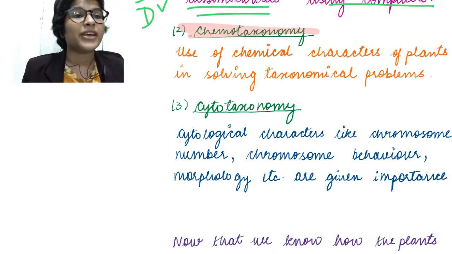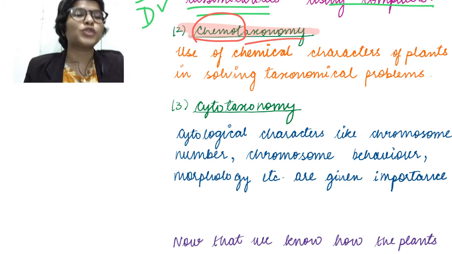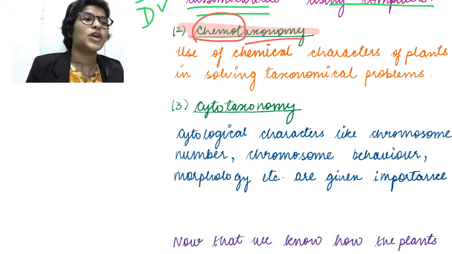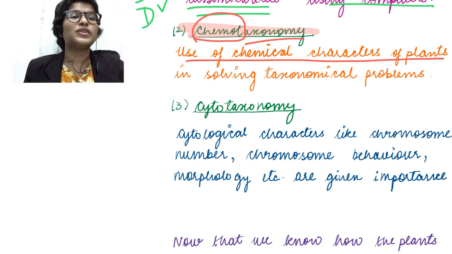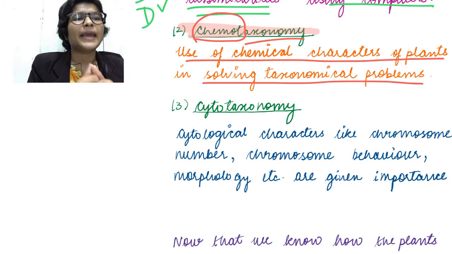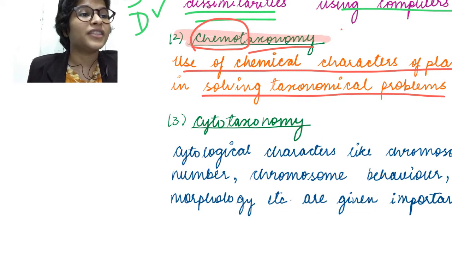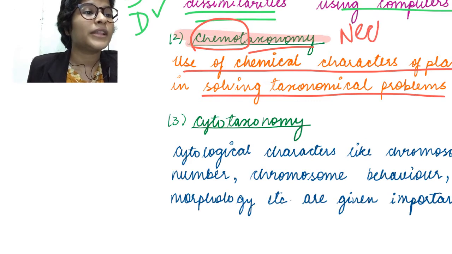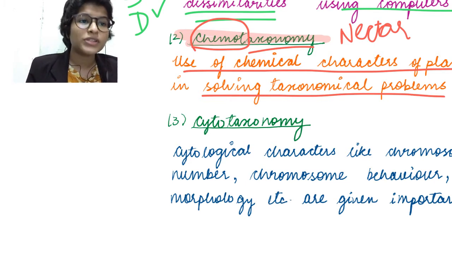Now like the name suggests, कीमो यानी केमिकल्स के यूज़ से हम टैक्सोनॉमी यानी कि क्लासीफाई करते हैं. सो इसमें क्या करते हैं? Use of chemical characteristics of plants is used in solving taxonomical problems. So what can be the chemical characteristics? It could be things like the nectar that the plant produces. It could be characteristics of certain enzymes produced by that plant, or rather the juice in its fruits, etc.